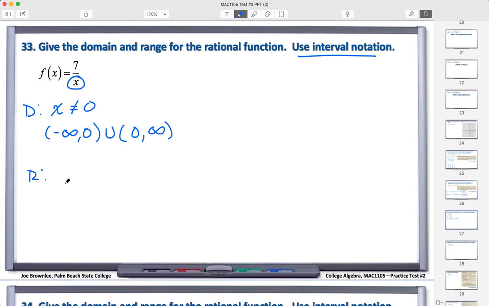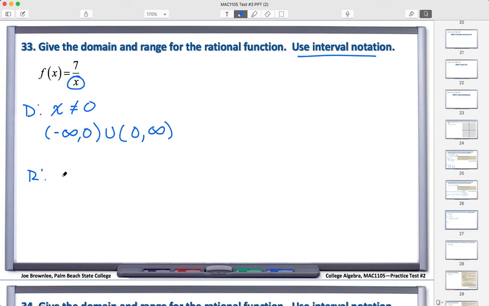All right, now let's talk about range, the permissible y values. Now, there are a couple different ways that you can find the range for a rational function. We can find it graphically, which is nice. Sometimes, though, graphing calculators can be difficult to read, right? Because we're looking for fine detail, and depending on what model you're using, sometimes the screens aren't very clear. So let's go ahead, instead of using our calculator to initially find what our range is, and we'll confirm later at the end here what the range is using the calculator,